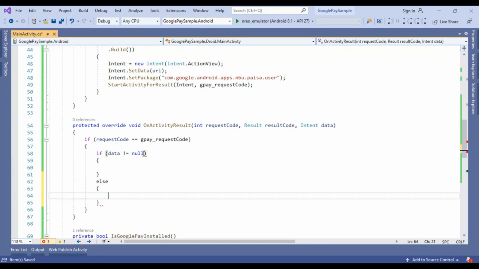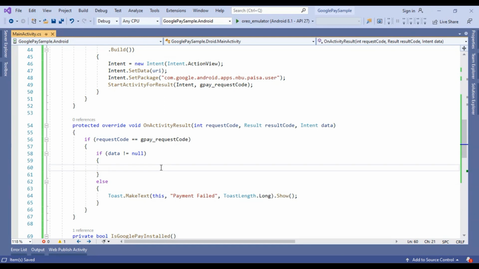Otherwise we can just pass a message that the payment failed. So if the data is null, then we are going to show a simple toast message, payment failed. If the data is not null, then we need to check whether the payment completed successfully or not.